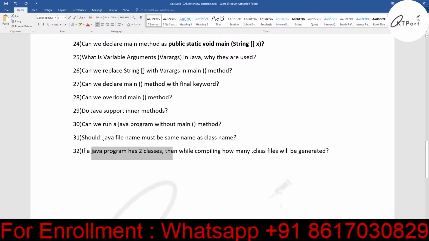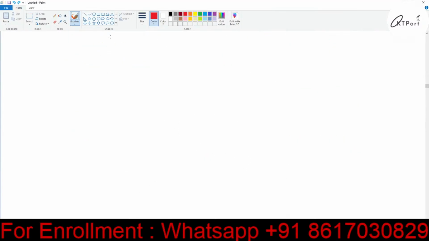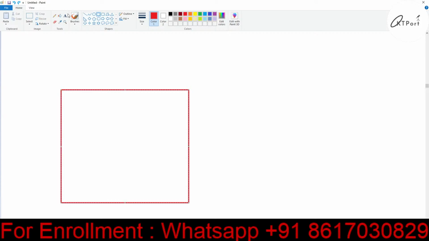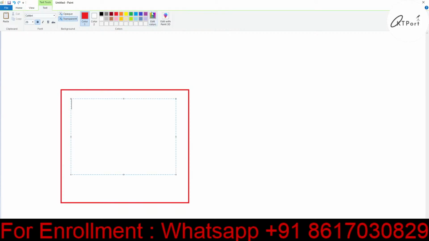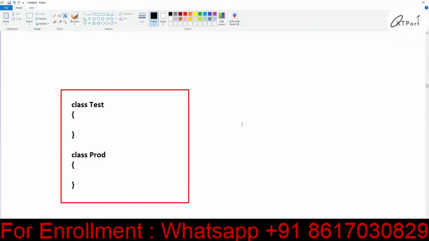If a Java program has two classes, then while compiling, how many .class files will be generated? Obviously two. For example, in this program I have mentioned two classes: class test in a single program, and I also made class prod, another class. So when I compile this,